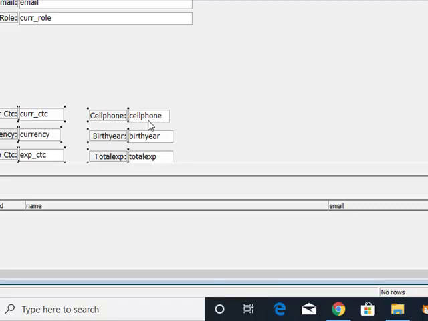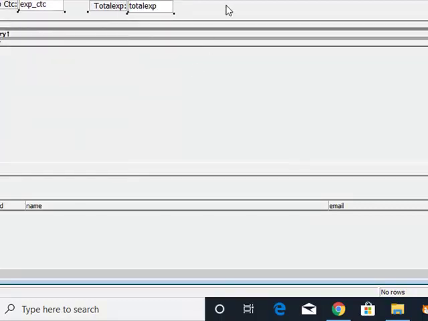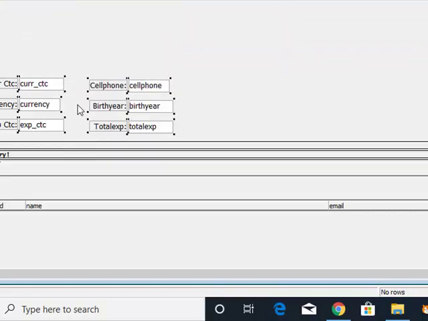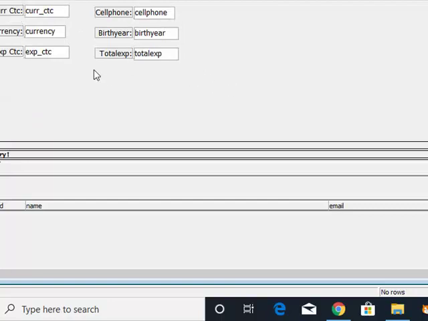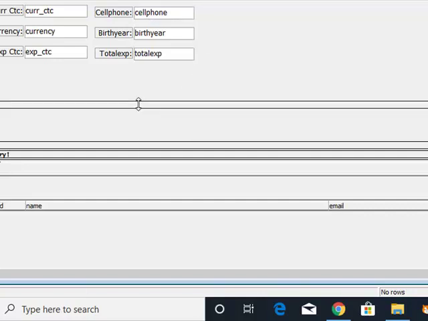Now you can take these columns here. Okay. Make a little bit. Okay. You can change the size. All right. Very nice. Then